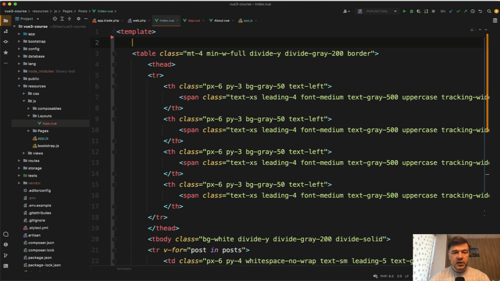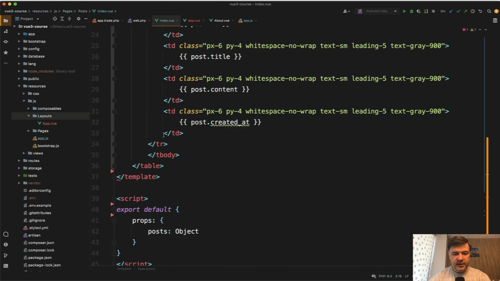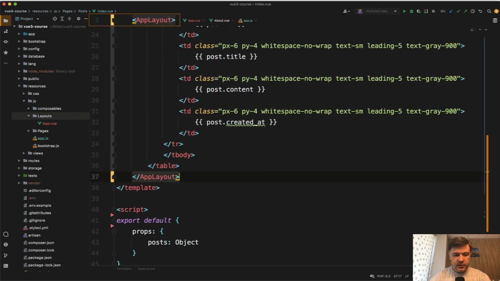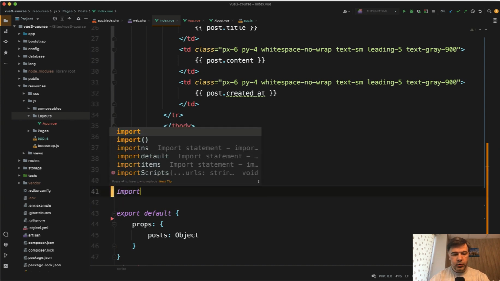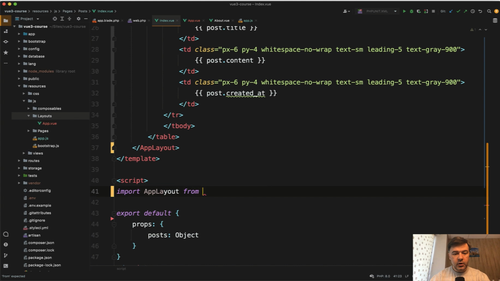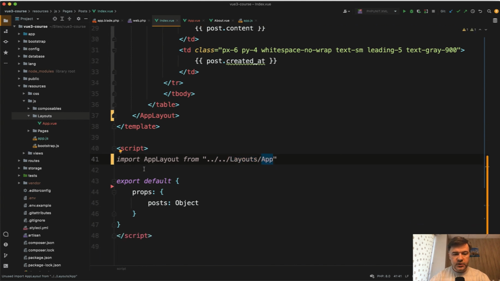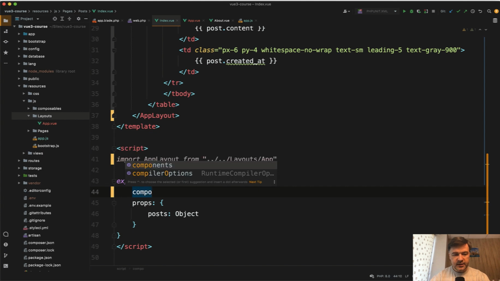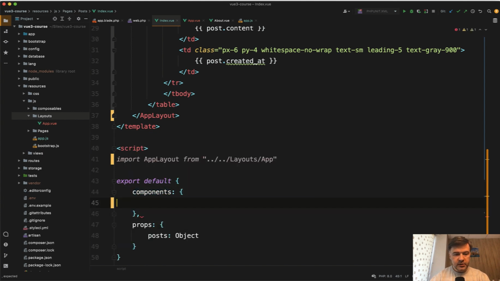And now that table, how do we define in the index view that it uses that app.view layout? All we need to do, in fact, is import that app layout, and let's give it a name of app layout. And inside of that, we'll have that table. Now that app layout, let's auto format, will be imported. So import app layout from, where do you have those? One level up, then one level up again, then layouts, and then app view like this. And then we do need the components. We don't need the components as link anymore, but we do need the component of app layout like this,